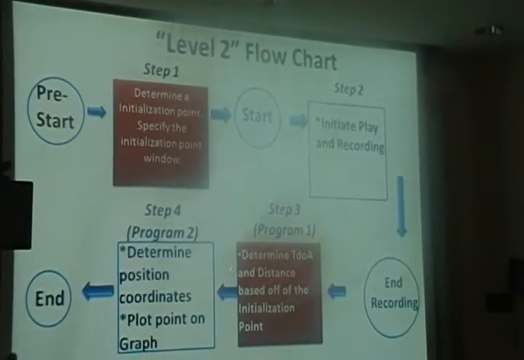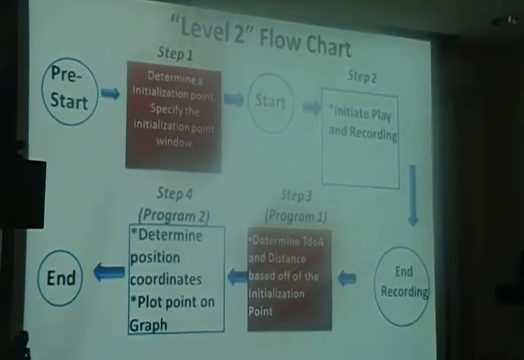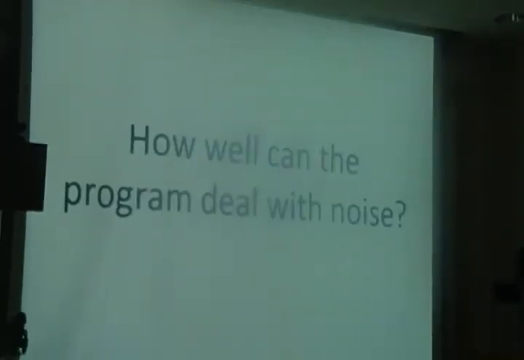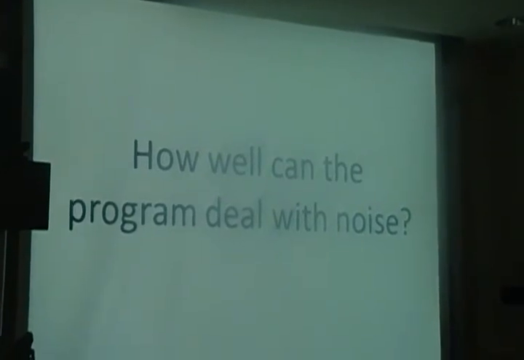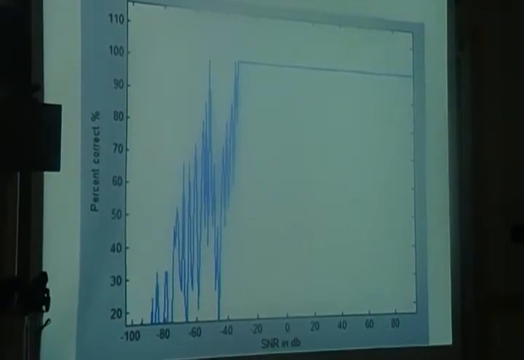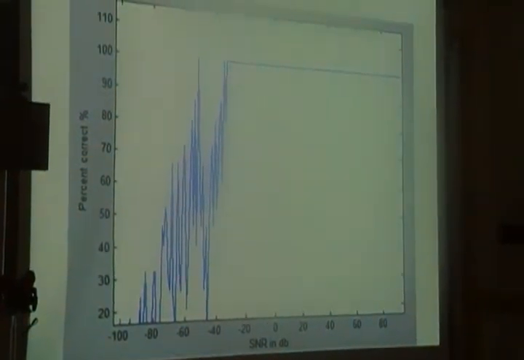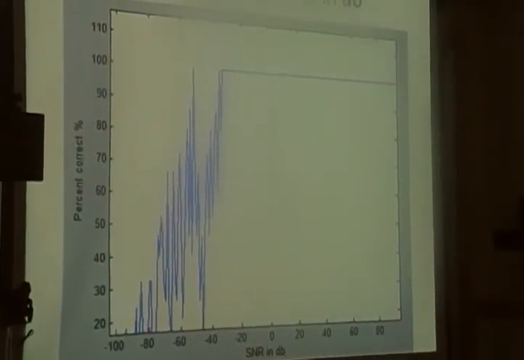And then now the program has to take into account the time delay of arrival and the distance based off the initialization point. And now, testing. First things first is how well can the program that we have in MATLAB deal with noise and taking care of noise. As you can see right here, in this graph, I took 5 values, shifted them in known delays, then added additive white Gaussian noise, then put it through our program, and with a signal